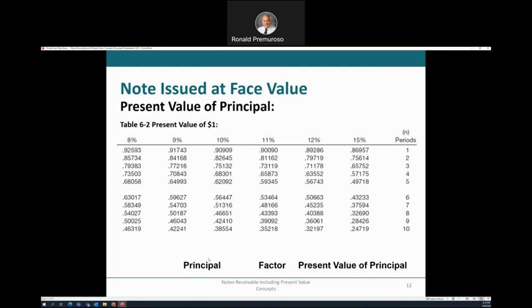To that, we're going to add the present value of the principal. And we know the principal amount of the note is $10,000. And we multiply that times the factor in the present value of $1 table, because it's a single sum, where the annual rate's 10%, number of periods is 3. So we're going to multiply $10,000, the principal amount, times the factor in the table, which is 0.75132,